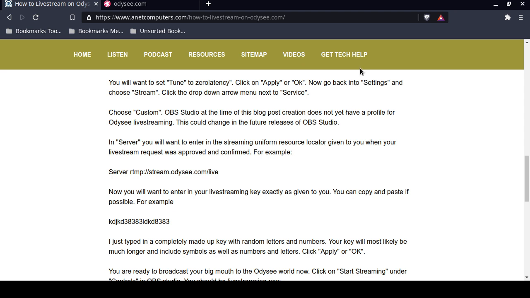For now, since Odyssey live streaming capabilities have not been around that long, there is not a drop-down entry in OBS Studio yet. For now, you're going to have to create a custom one. In the future, that could change. For now, choose custom, and then you're going to want to enter in server the exact streaming uniform resource locator